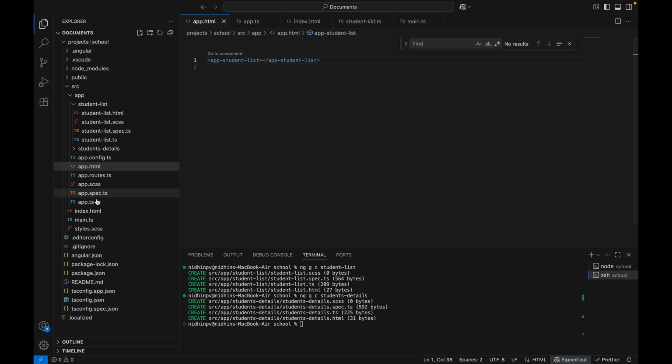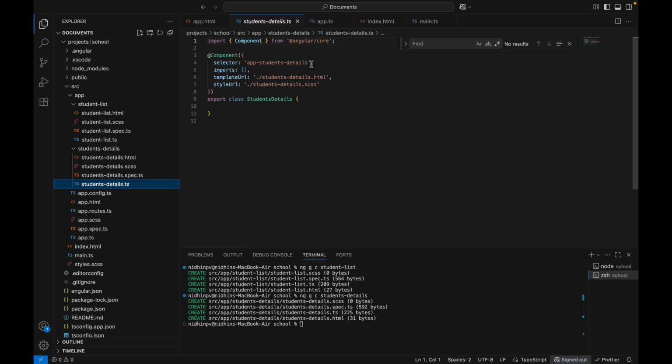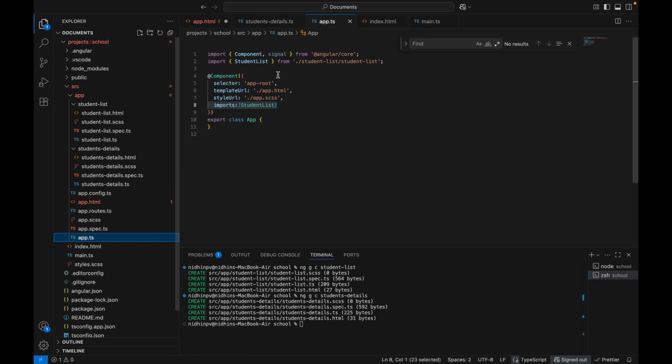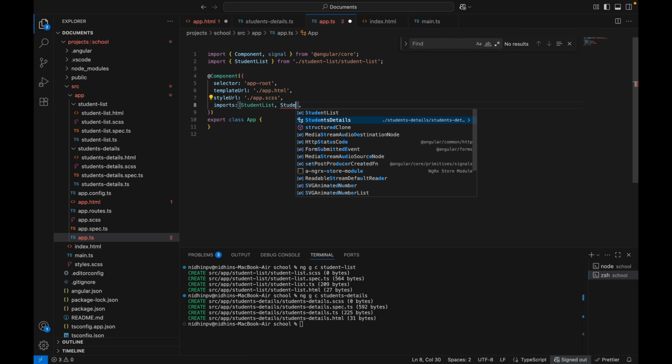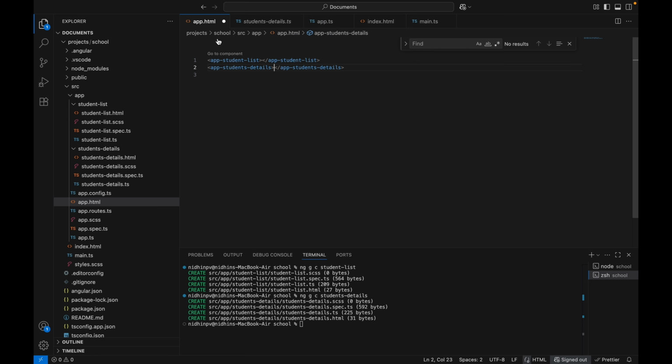And let's add one more component which we created, which is student details. This also says app student details is not a known element. We need to explicitly say that we need to use imports student details from student details component. Now if you see, you will not get error anymore and you will be getting